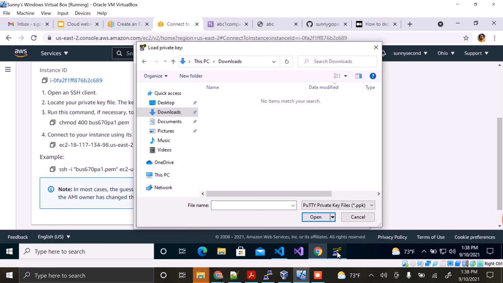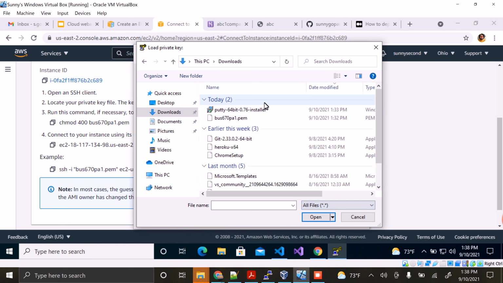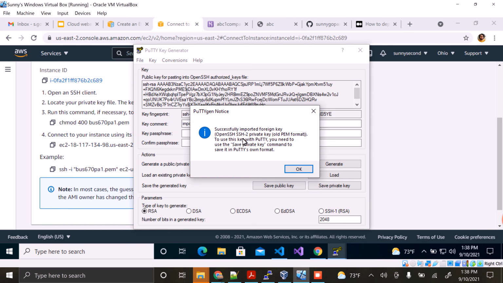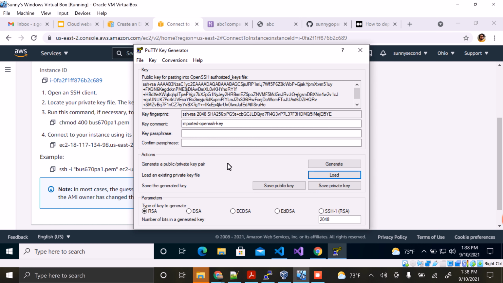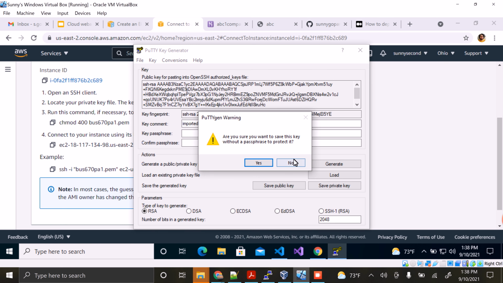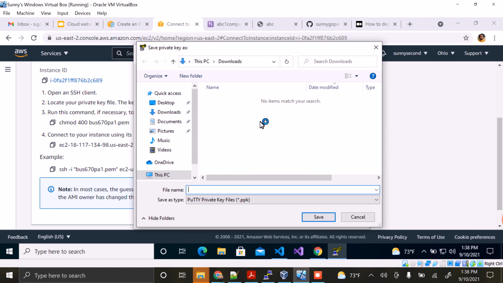Continuing with this, let's load the key. Public key, go to all files. You will have .pem. Select that. Great, it's imported. Now we need to save the private key. We won't keep any passphrase. Let's just save it as